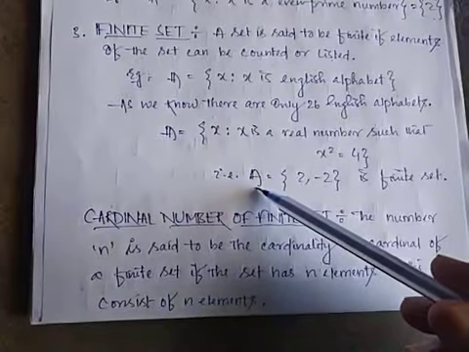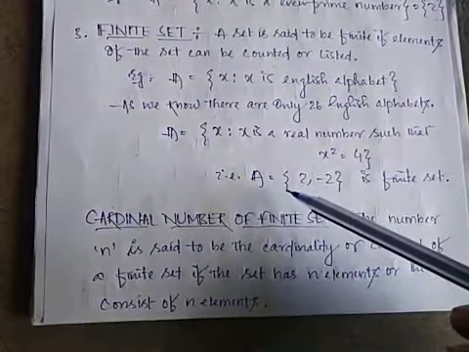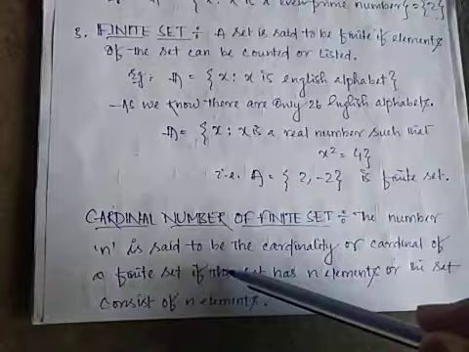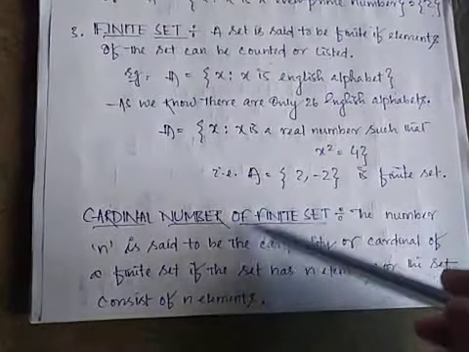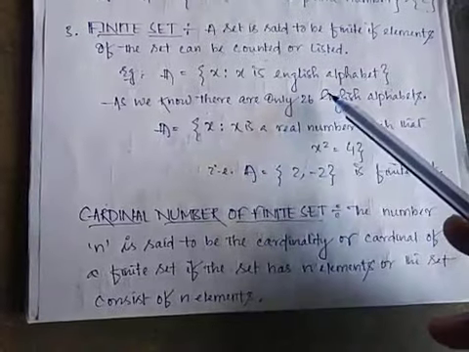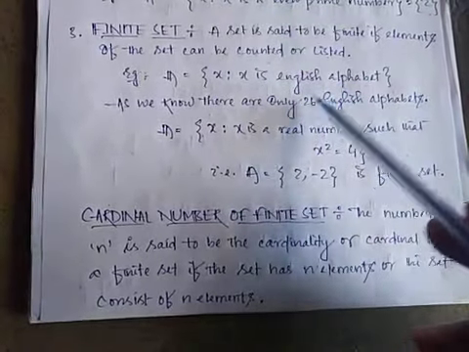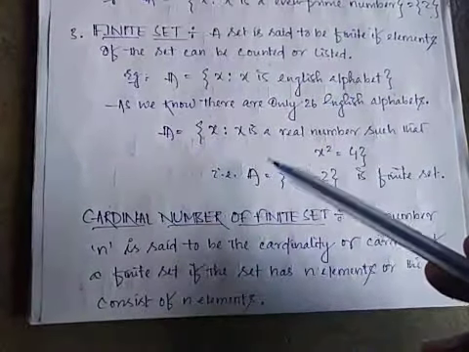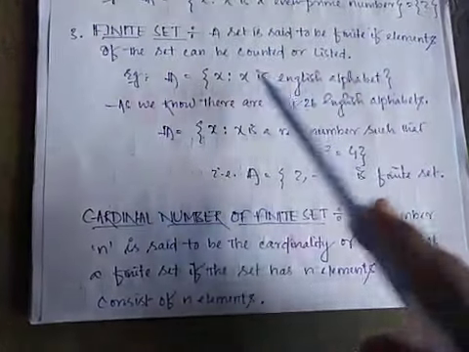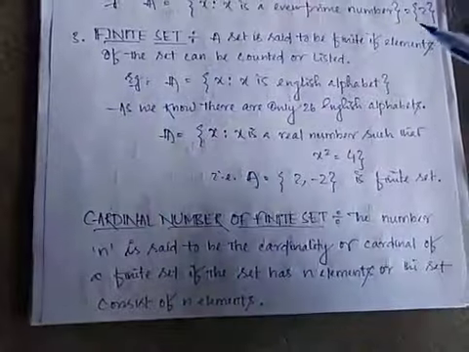Okay, so here in this set what is the cardinality? If A is the set, what is the cardinality here? Here there are two elements. That means two elements belong to the set A. So the cardinality is 2 for this set. Here, what is the cardinality? Here there are 26 letters in the English alphabet. So the cardinality of this set A is 26.